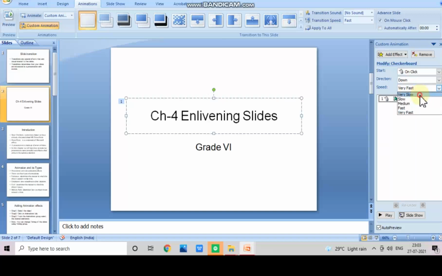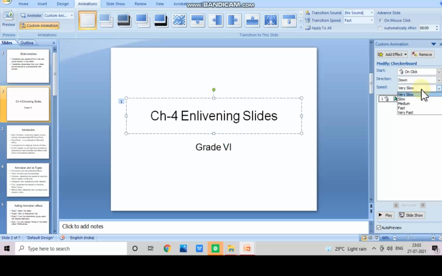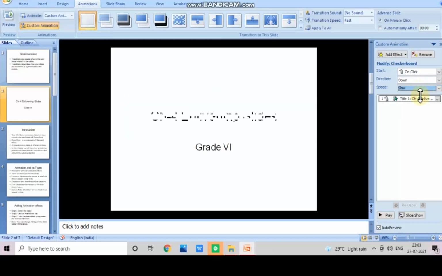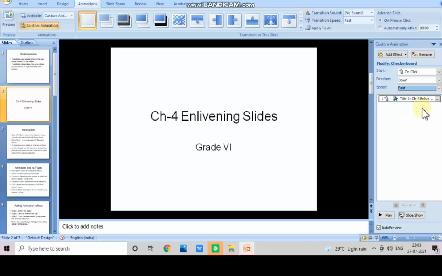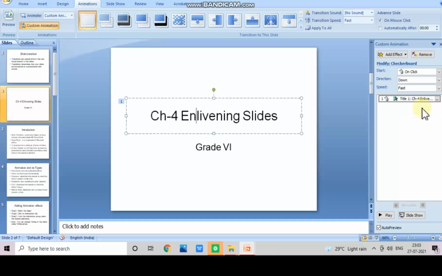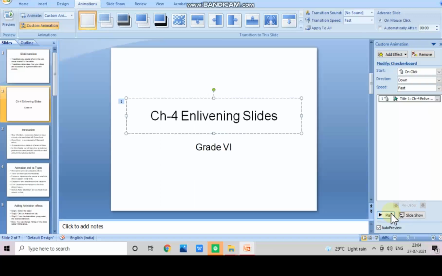It can be very slow, like this. It can be slow, it can be medium, or it can be fast. So these are the options that are available for you to make your animation effect more effective. So here you play and you get that effect. So I gave one effect, right?